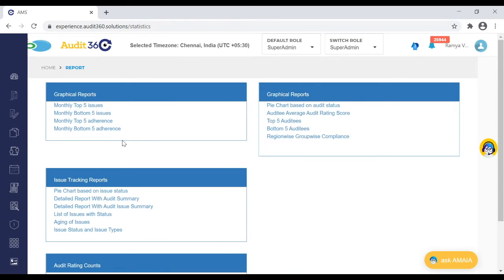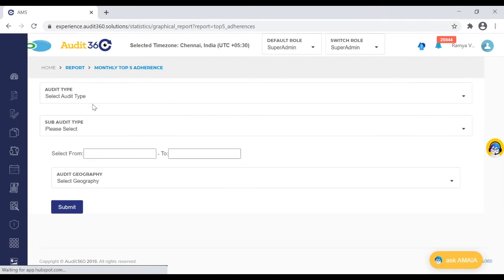The adherence report is nothing but this: when you have a set of checkpoints, whichever has been tagged as an issue, we were looking at the issue, but there are certain checkpoints or processes which have been added where no issue has been identified. So those checkpoints are tagged under adherence, and if there is not a single issue or a very small number of issues identified across the audits you have executed for a particular audit type, it would be tagged under the adherence category.